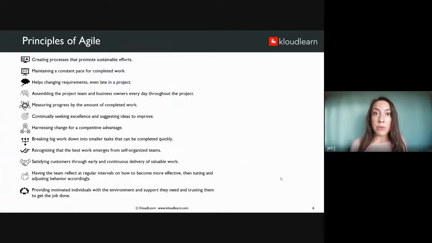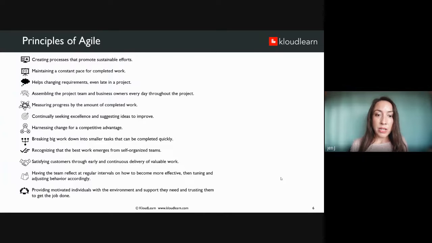Let's go over some of the principles of Agile methodology. Creating processes that promote sustainable efforts, maintaining a constant pace for completed work, helps changing requirements, even late in a project, assembling the project team and business owners every day throughout the project, measuring progress by the amount of completed work, continually seeking excellence and suggesting ideas to improve, harnessing change for a competitive advantage, breaking big work down into smaller tasks that can be completed quickly,